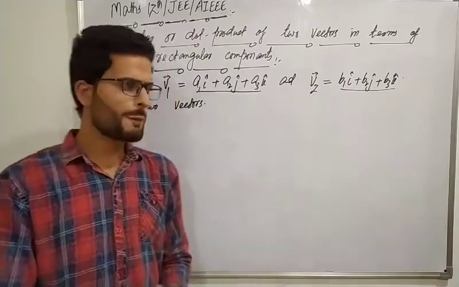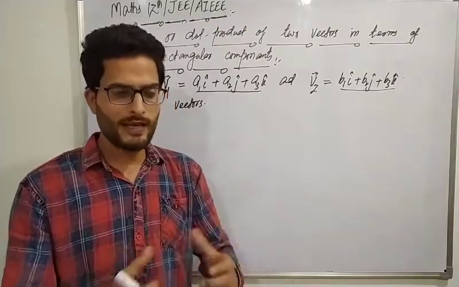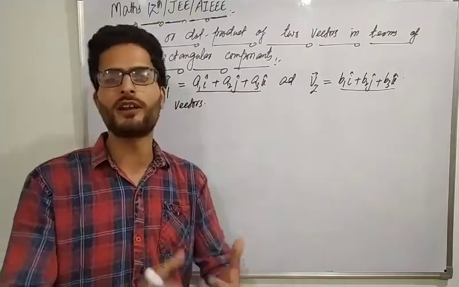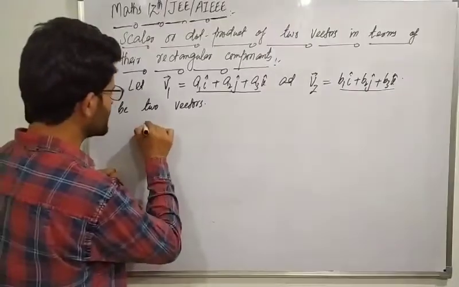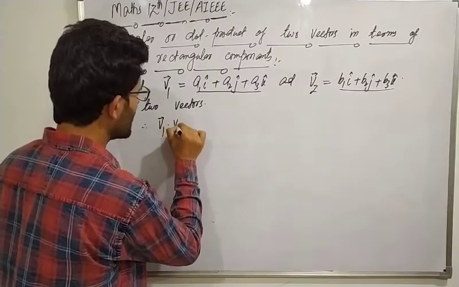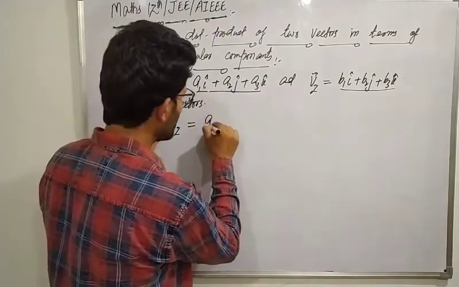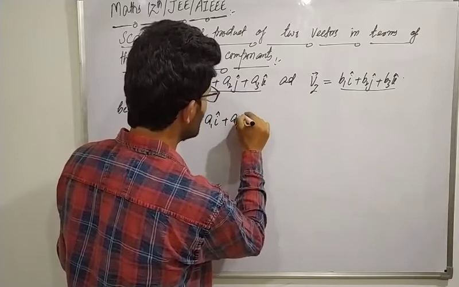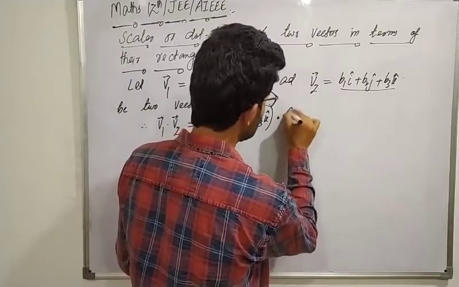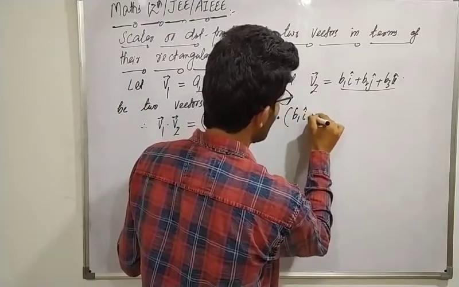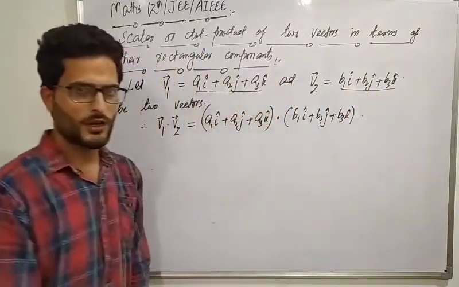लेकिन वो general definition है। अब अगर आपके पास particular vectors हैं, particular in the sense they have been resolved in space, they have been mentioned in terms of their rectangular components, तब इनका dot product किसके बराबर आएगा। So therefore we need to find v1 dot v2 and that must be equal to, v1 का अपना वैल्यू पुट कर दो, a1i प्लस a2j प्लस a3k, इसका डॉट कर दो v2 के साथ, that has been expressed as b1i प्लस b2j प्लस b3k।